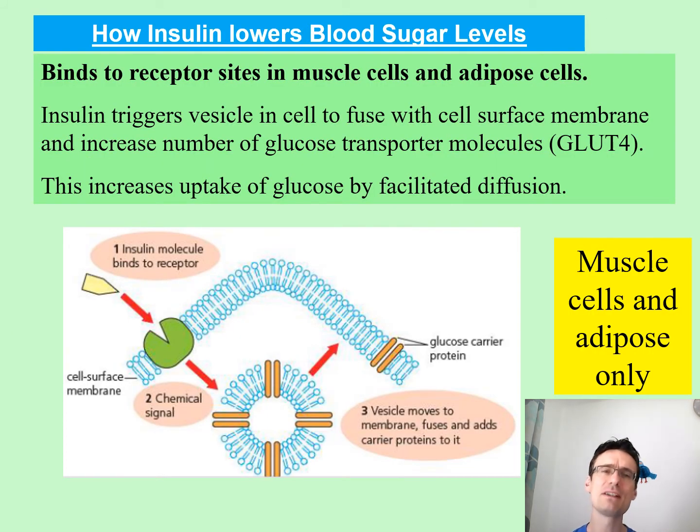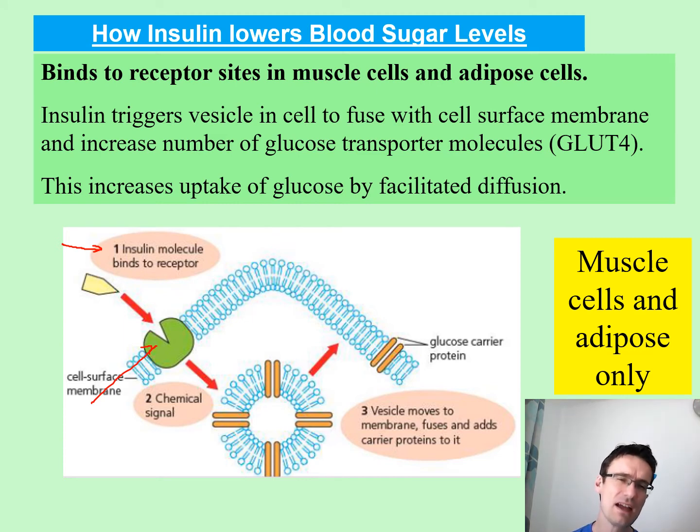So a couple of extra bits here. How do they do it? How do we actually lower the blood sugar level by increasing this uptake from the blood? Well, as you can see here, we've got a couple of stages in the diagram. Basically, the insulin molecule binds to the receptor on the plasma membrane or the cell surface membrane of the liver cell or the muscle cells, and this is really muscle cells and fat cells,